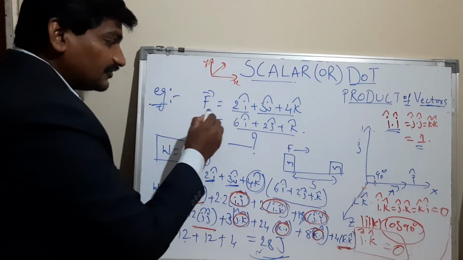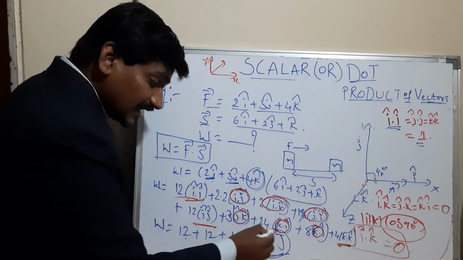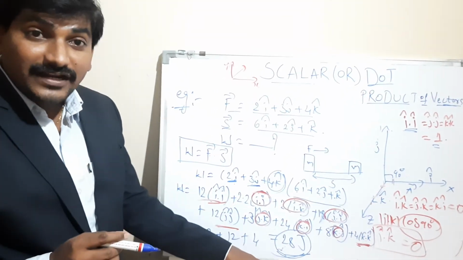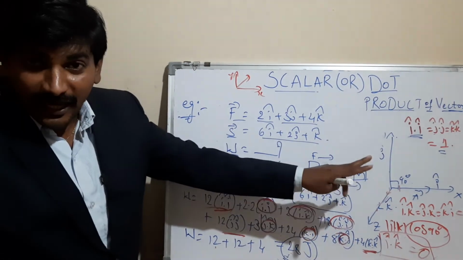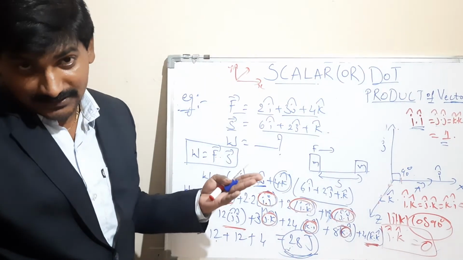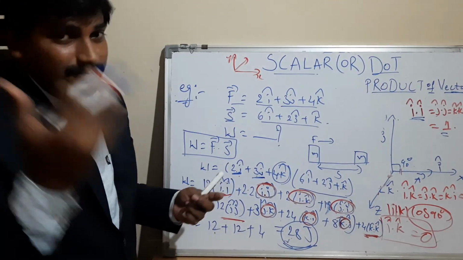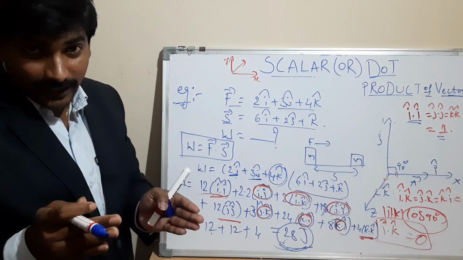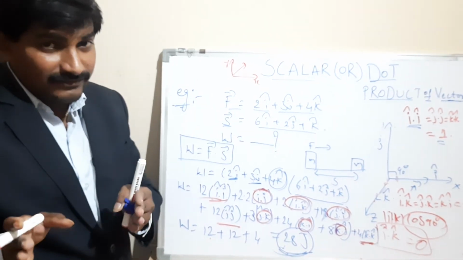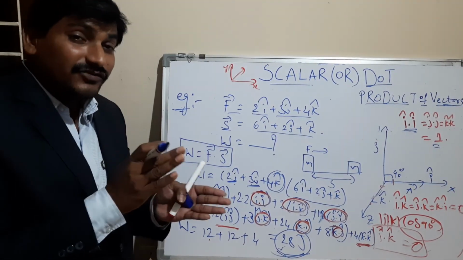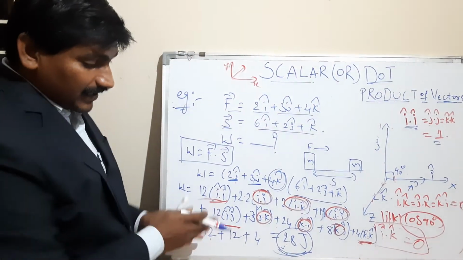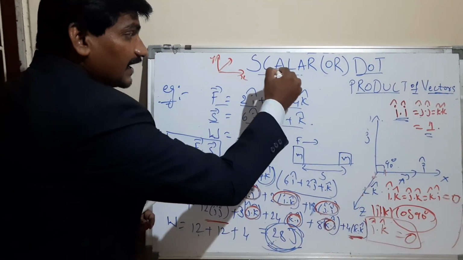This is the way we do the product of two vectors, and therefore we get the dot product in terms of magnitude. So I got a scalar here. Though I am telling you this is a product of two vectors, I get the answer in terms of a scalar only. Note the point. Because when you come to the cross product, that is the vector product, which is one more product of vectors we have to learn in physics, there the product of two vectors gives a result of vector nature only. But here we are getting a result of scalar nature.